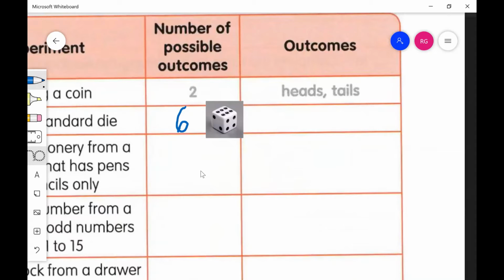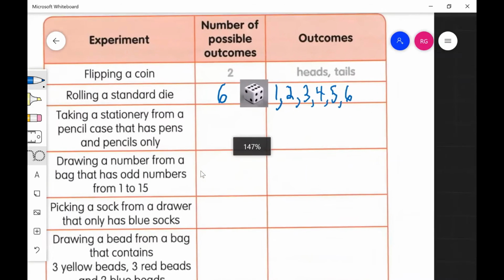And what are the different options? What are the different outcomes? 1, 2, 3, 4, 5, 6. Yes. Okay. There we go. Okay, and then it says taking a